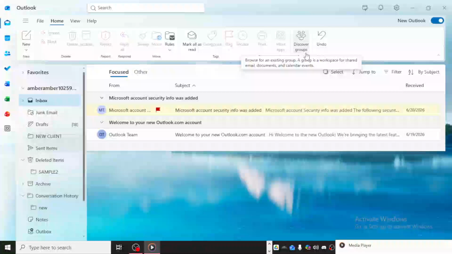In today's video, I'm going to teach you how to refresh Outlook emails in New Outlook. If your inbox is not showing the latest messages, or you're waiting for an important email to appear, refreshing Outlook is a quick and simple way to make sure your mailbox is up to date. This is especially helpful if you think new messages may have arrived, but they are not showing yet in your inbox.